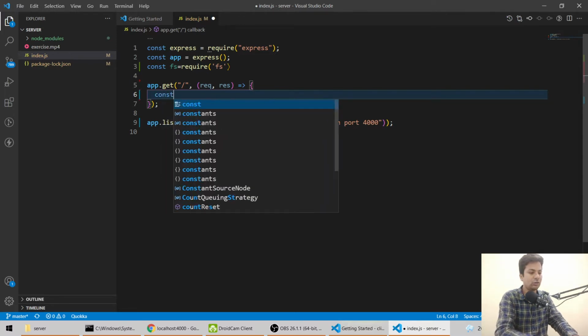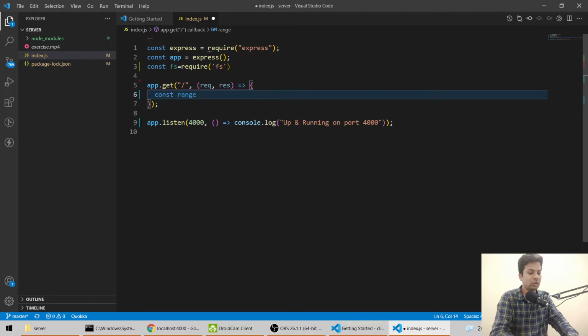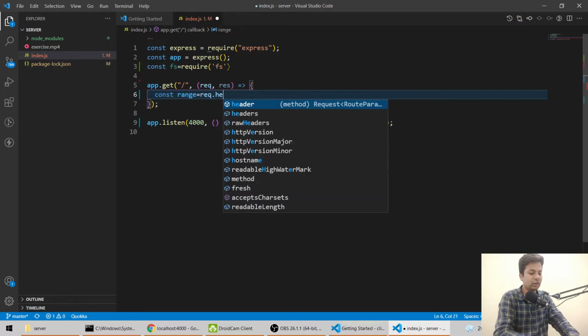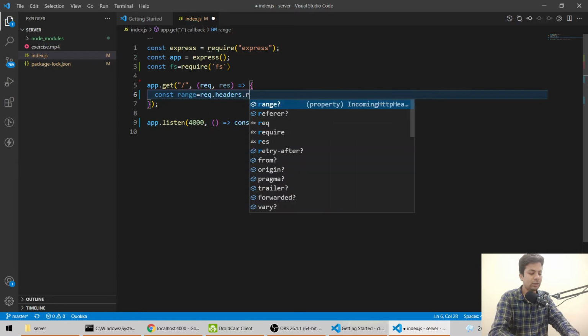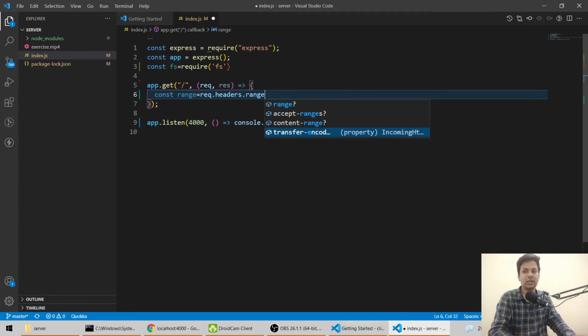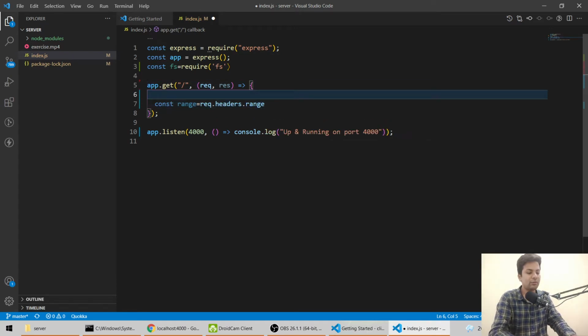Now we'll say const range equals request.headers.range. This range is from where the video should start. Like a video should start from 0 at the beginning, or from 10 seconds, or from 20 seconds.